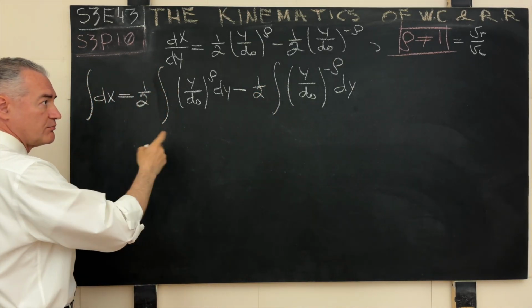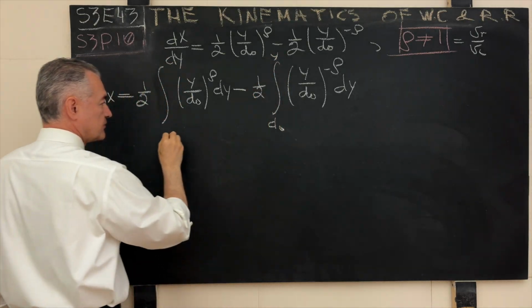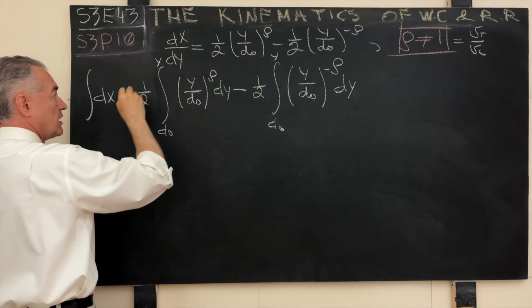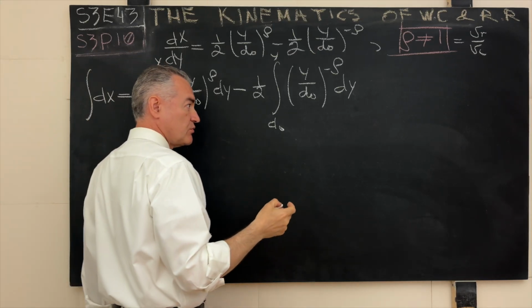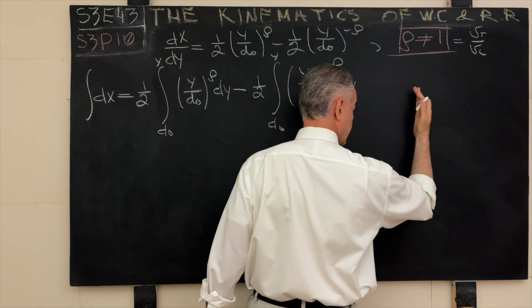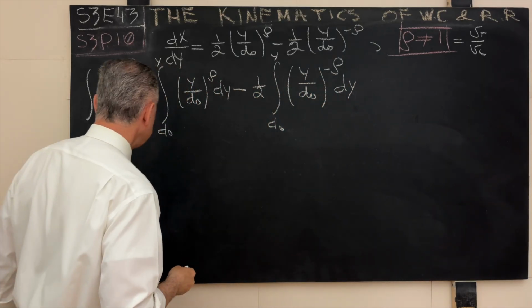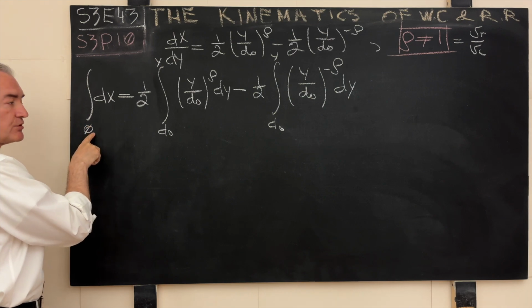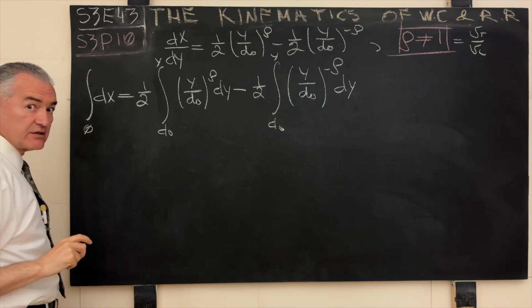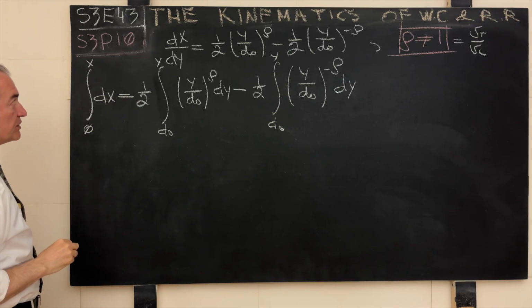And again, you already know the boundaries of integration for y. It will be from d0 to y, from d0 to y. And what's going on with x? What are the boundaries of integration for x? Well, remember, we explained the reason why the origin is where it is. So from that point onward, when we launch the clock, that is our initial time. So at that time, the x coordinate of the Wile Coyote was what? Was 0. And at some point, it is x. So we integrate from 0 to x.